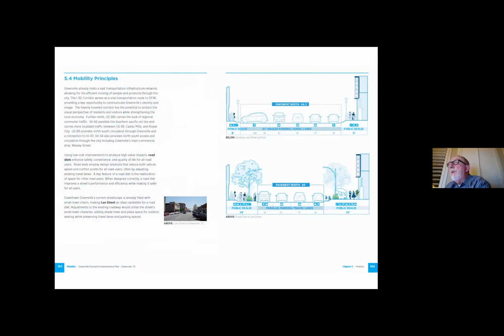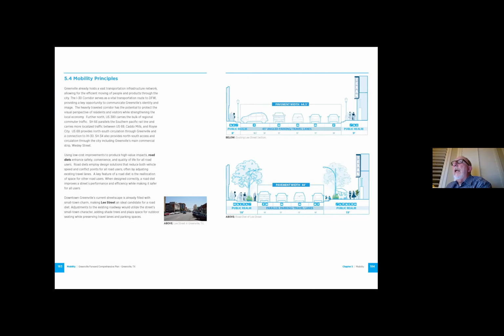Here we're showing, remember we spoke at length about a road diet concept on Lee Street. We're showing this as just an opportunity to look at in the long term, and we've identified that in the long term numerous times within the report. But you have the opportunity to expand that public realm. You take one lane of traffic out, and then you take I think it's the southern edge, and you take